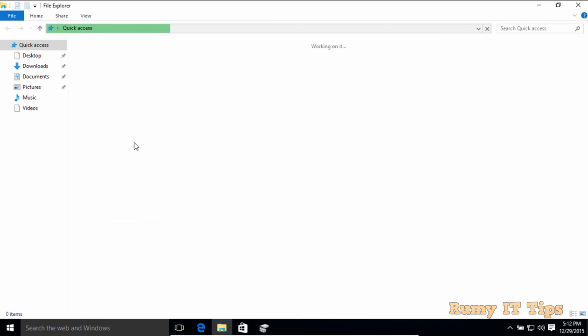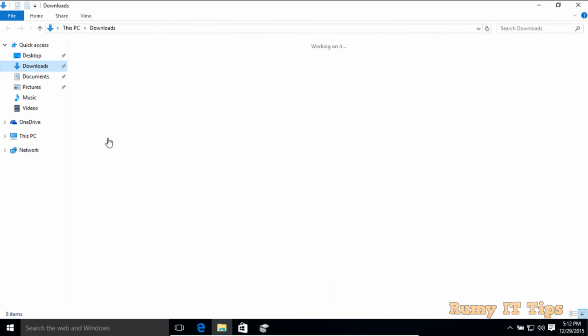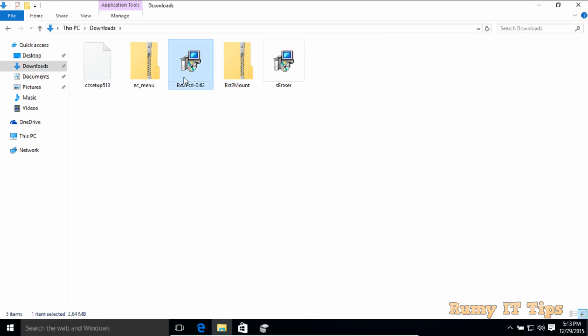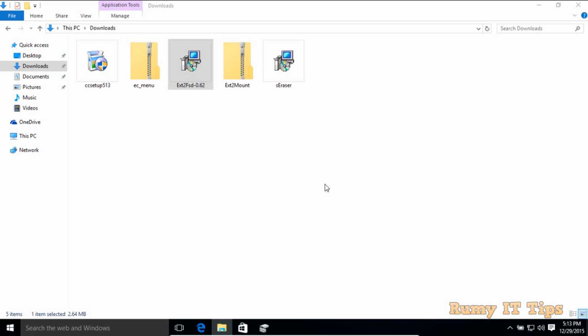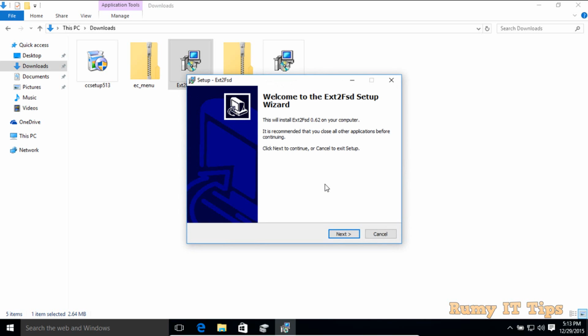After the download, extract this file, and install it with Run as administrator. Click on Yes to start, and click next to start the setup wizard.